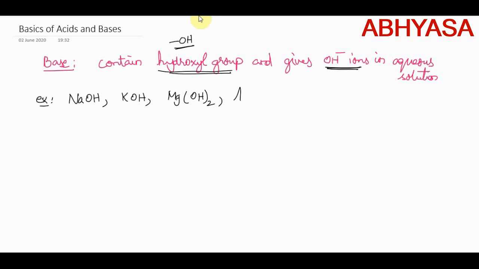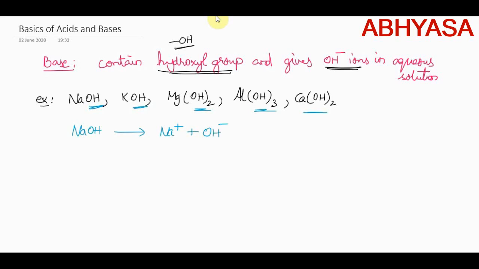We can take aluminum hydroxide, calcium hydroxide, and so on. So what is common in all the cases? It is this OH group. If you take the case of sodium hydroxide, when dissolved in water, it splits into Na plus and OH minus ions. So any substance which gives these OH minus ions in aqueous solution is called a